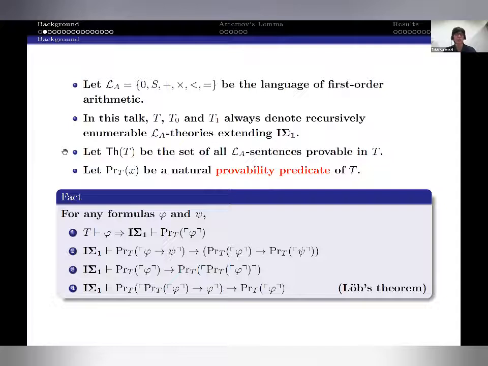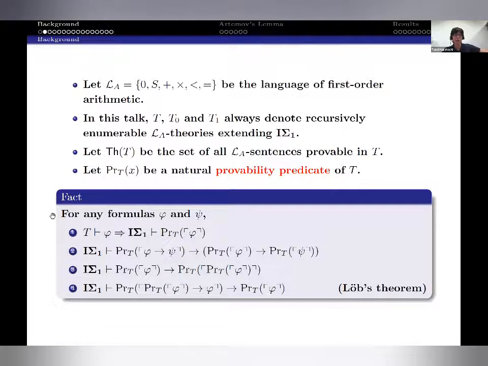And let TH of T be the set of all sentences provable in T. And let PRT of X be a natural probability predicate of T. And then it is well known that